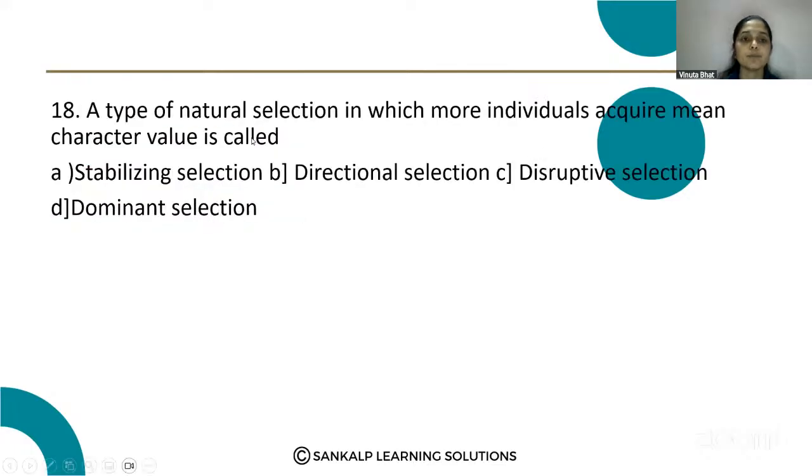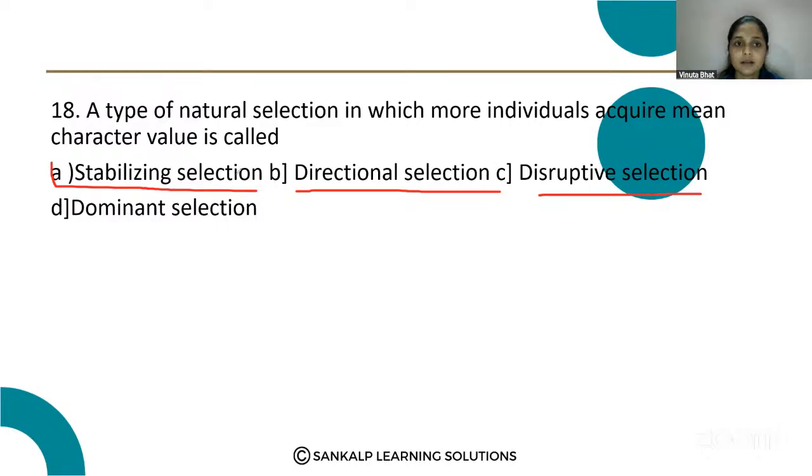Next question. A type of natural selection in which more individuals acquire mean character value is called: stabilizing selection, directional selection, disruptive selection, dominant selection. So there are three types of natural selection that are explained: stabilizing selection, directional selection, disruptive selection. Three types. So in that,